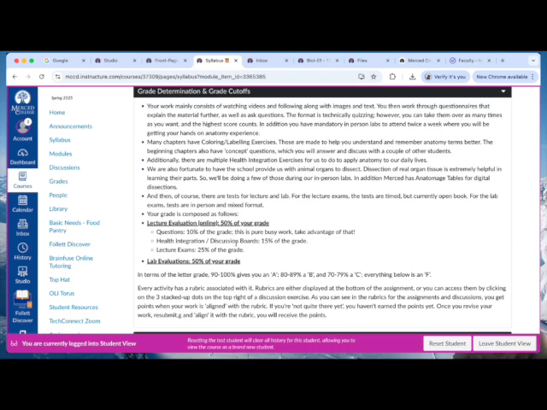And then we got some discussion boards, a few, and also health integration activities. Those are real-life based activities that we do to integrate the material deeper than simply with these questions or talking about it. For example, when we talk about the skeletal system, I have an activity where you evaluate your workstation and make sure you're not sitting all crooked. Or actually, it's fine if you're sitting crooked. But we talk about these things